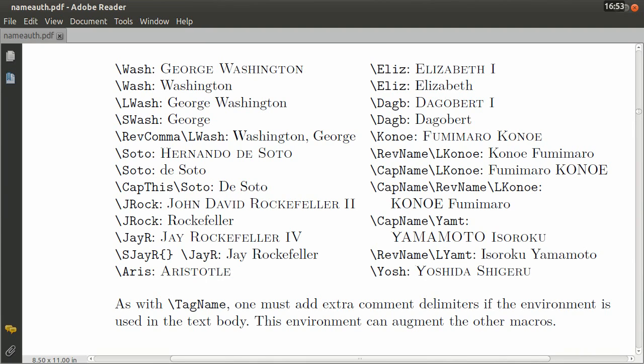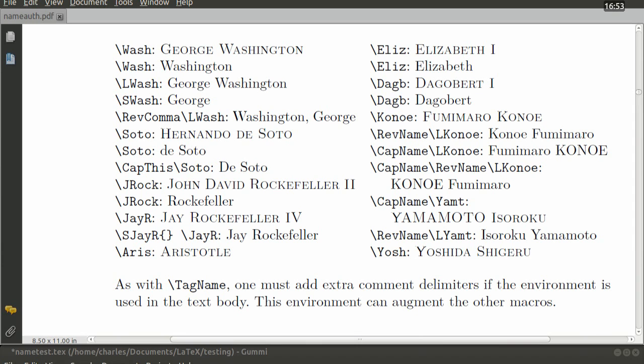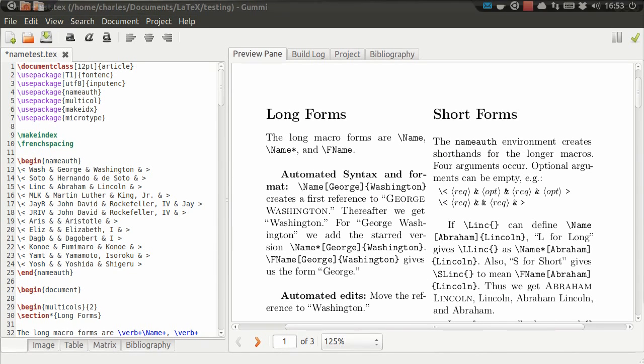Now that's kind of interesting, and you know, it might be helpful, but I thought it would be better to show these macros in action, and that's what we'll be doing for the subsequent videos. We'll be using this program called Gummi. And Gummi gives us immediate